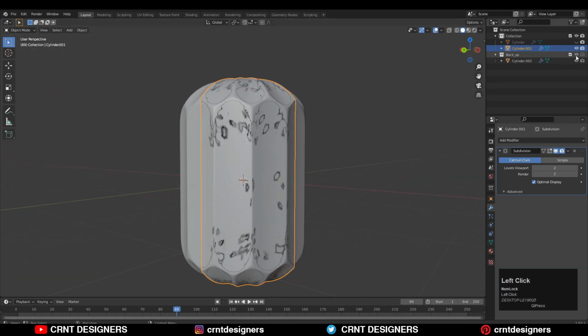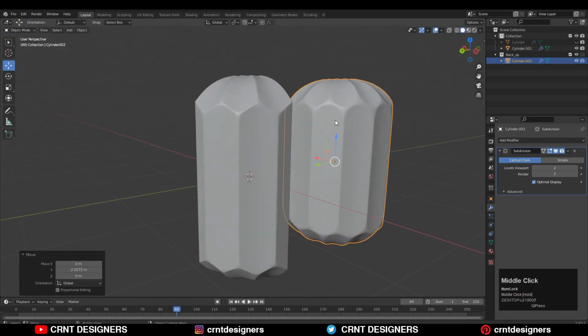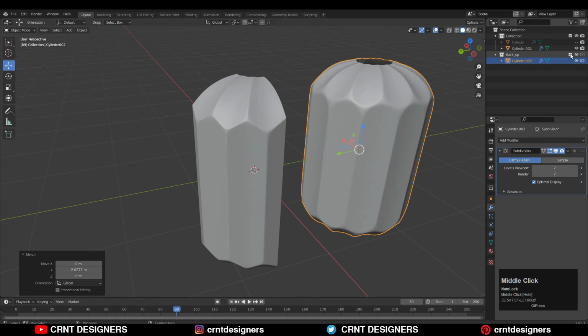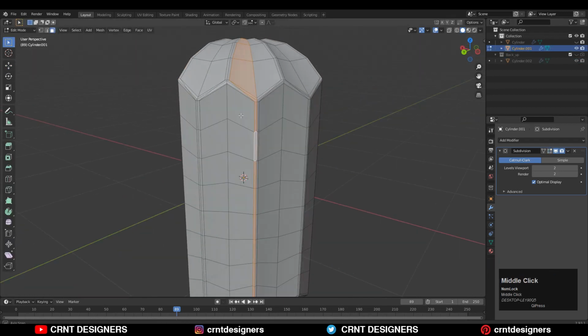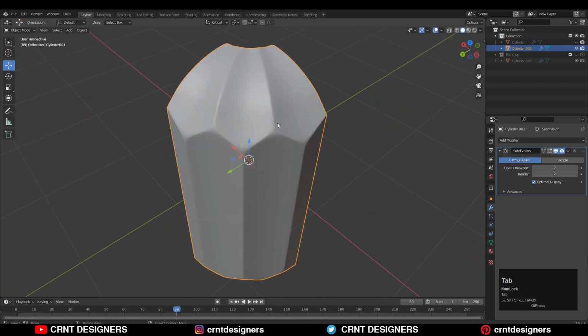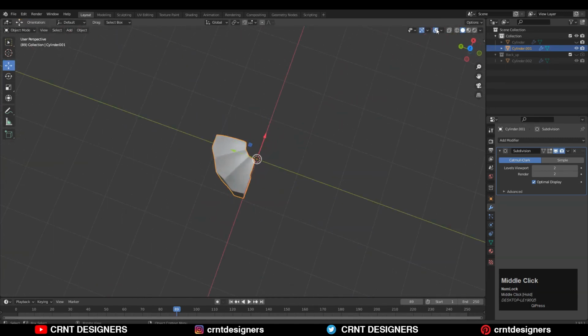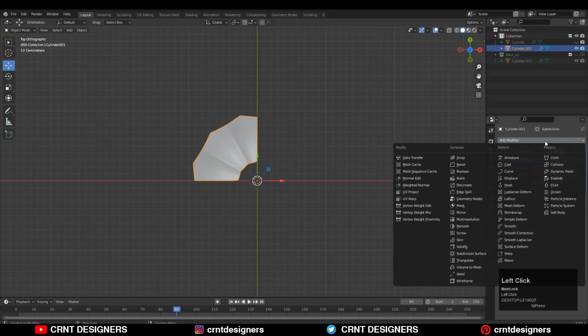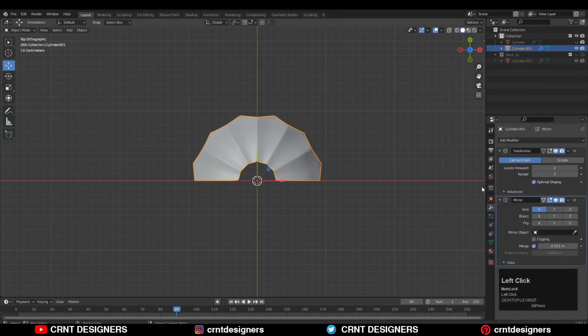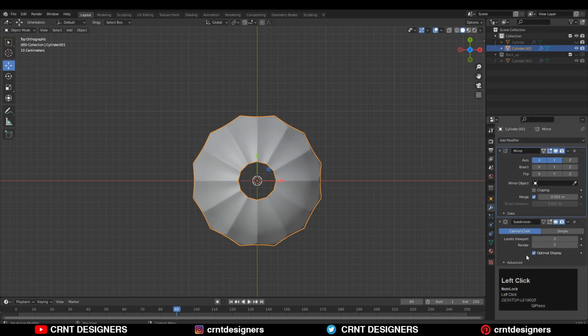And you can compare it with the last one. So here is the last object without that loop structure. And you can see in this one, just add one loop cut here, and we got harder edges on it and we are able to maintain the form of the model to achieve that design. And then you can add the mirror modifier on it and take the symmetry along the x and y axis. Take that mirror modifier up on the subD modifier and then turn on that clipping and merging option.